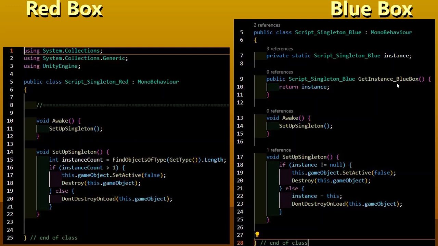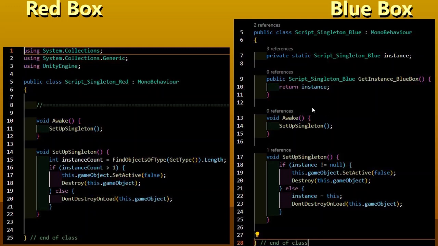And if I'm accessing my instances from other objects, I also like to know what instance I am accessing. So I always put getInstance, then underscore, and the name of the object. In this case it is blue box, right? So it will return the instance.